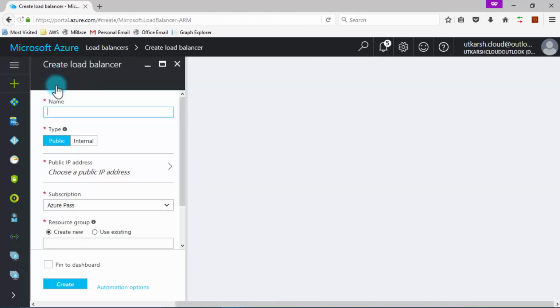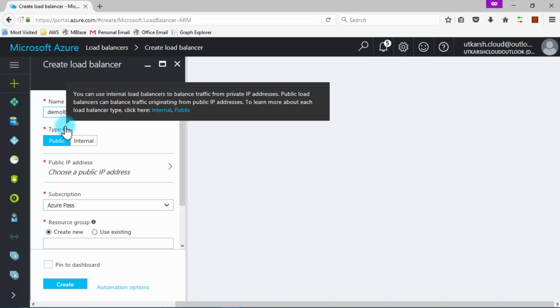Now clicking on this add tab will open the create load balancer pane for you. There it will ask you to specify the name of that load balancer. Let's give it a name. Under the type section, it has mentioned whether you want to create a public facing load balancer or internal load